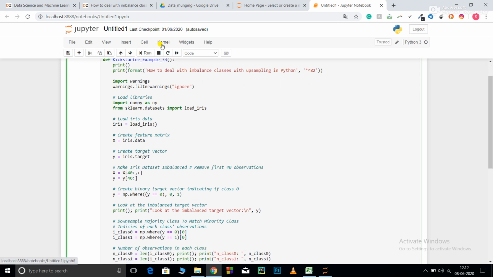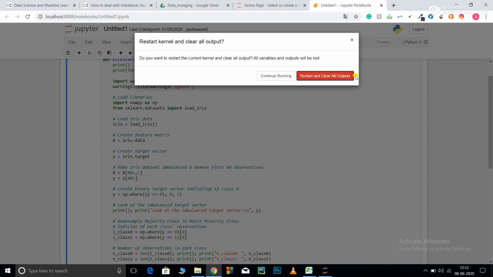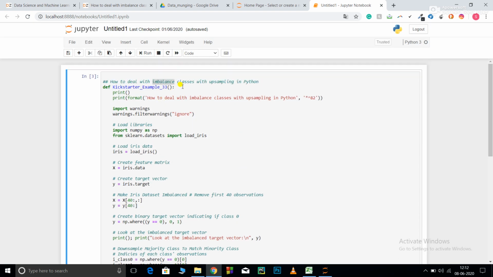So let's get started. First of all, let me clear my kernel. Now, what is an imbalanced class classification problem? Consider an example of a two class classification problem with classes class A and class B. It's well and good if both of your classes are present in almost equal amounts. For example, one is present in 30% and the other in 70%. But the problem arises when there is a very big imbalance in your classes. For example, class A is present only 2% of the time, whereas 98% of the time the presence